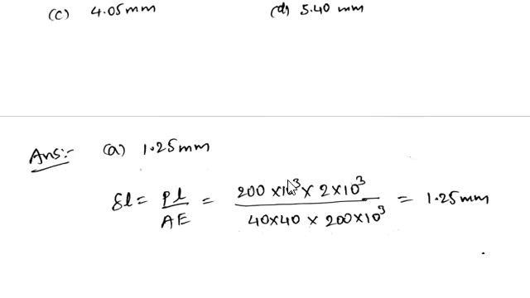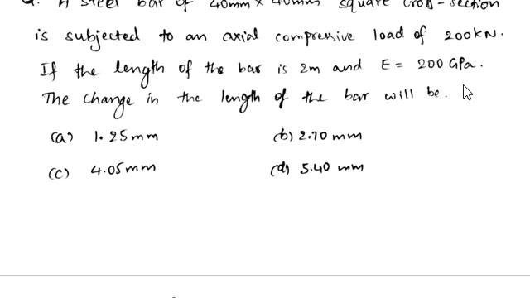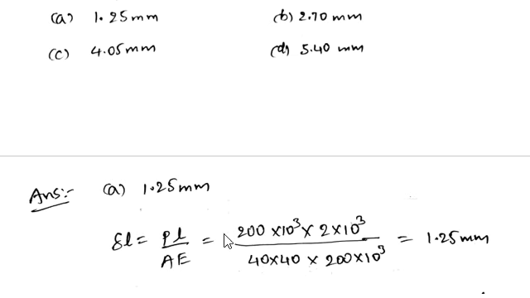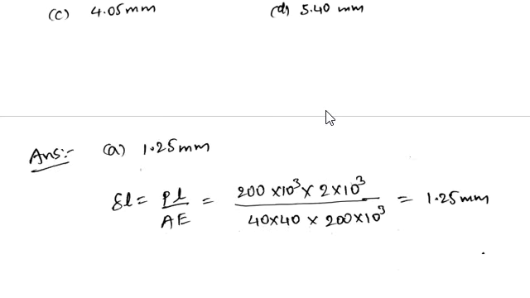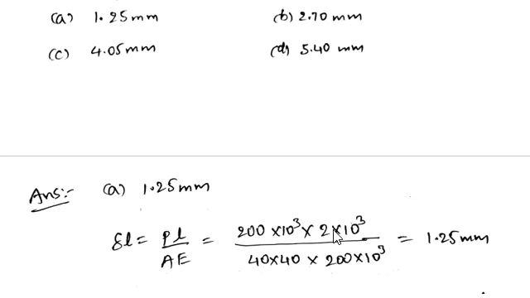So simply you can use the delta L formula, that is equal to PL by AE. P is given in kilonewtons, 200 kilonewtons. Just substitute P in newtons, and L in mm. In general, we'll take mm. So 2 meters, substitute in mm, is 2000, or 2 into 10 to the power of 3 mm, and